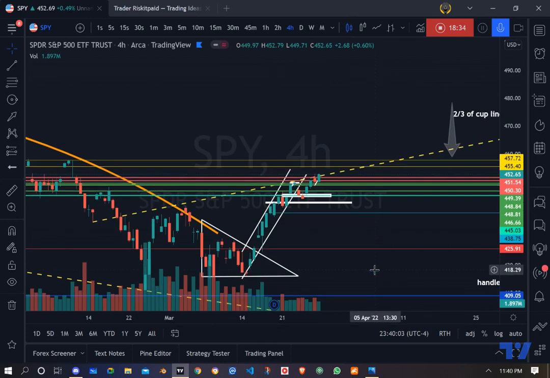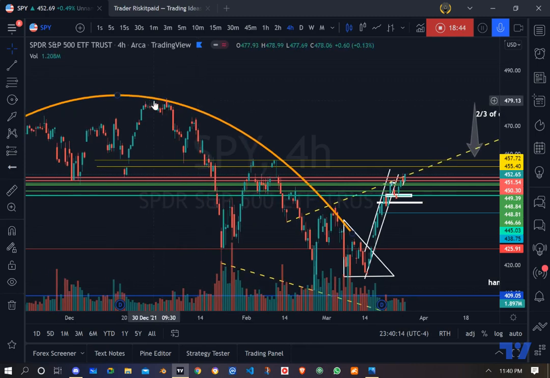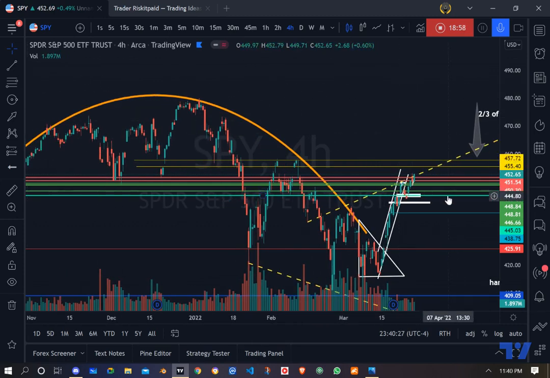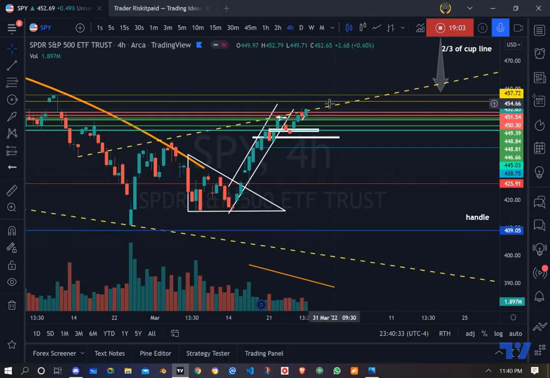I could be wrong, and this could be the end of it going down for a little while, and we could shoot up here and hit 480. You know, what was our top up here? 479, almost 480, I believe it was. 479.96. So we could come back up here and meet this again. But as of right now, my thought process is and stands that we meet right here in this circle right here, and we start to come